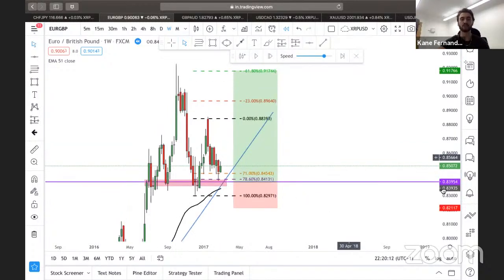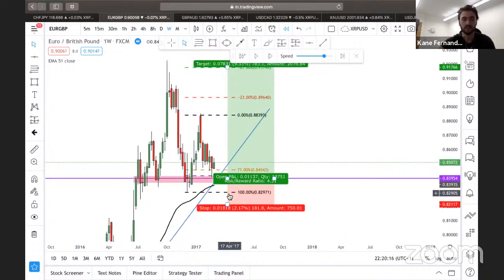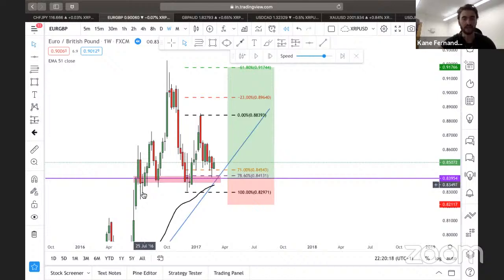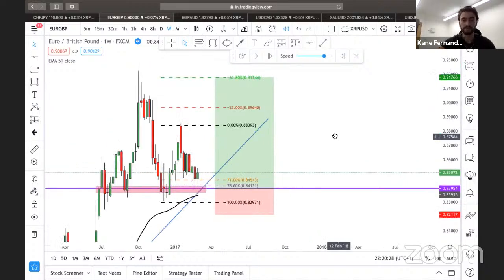People are asking, why has he moved it so much beneath 100%? Because I see all these liquidity zones, these wicks. If it does occur again and comes into this zone, I want to be safe and not get wicked out. Like this wick, then it pushed to the upside. This could wick and then push to the upside again. So that's why I do it.